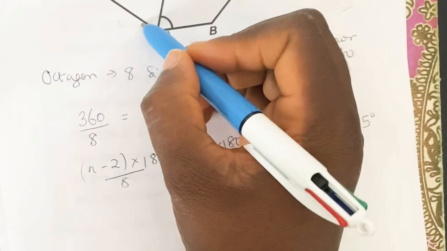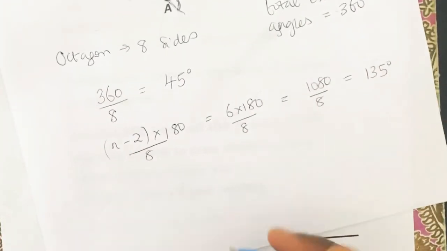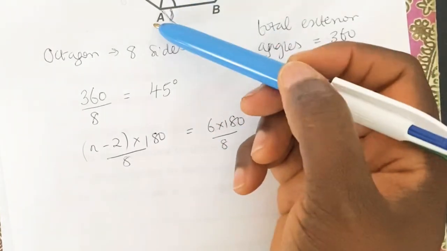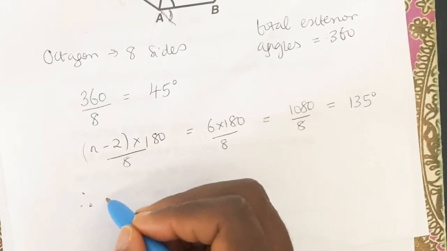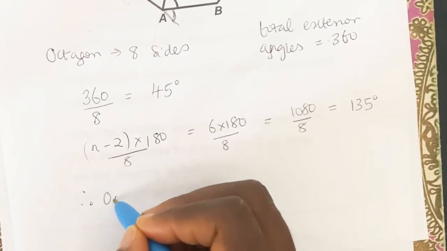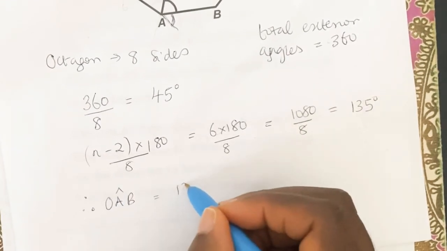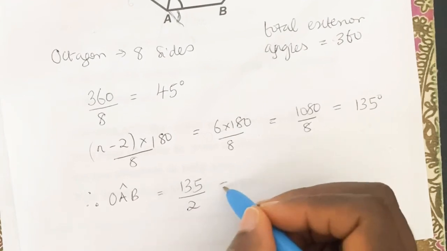So the whole of that angle in there is 135 degrees. Now you have to split that into 2 to be able to get angle OAB. Therefore, angle OAB would be equal to 135 divided by 2, which is equal to